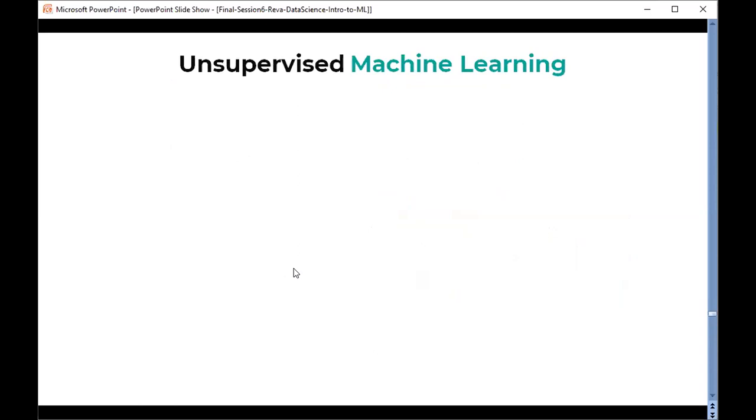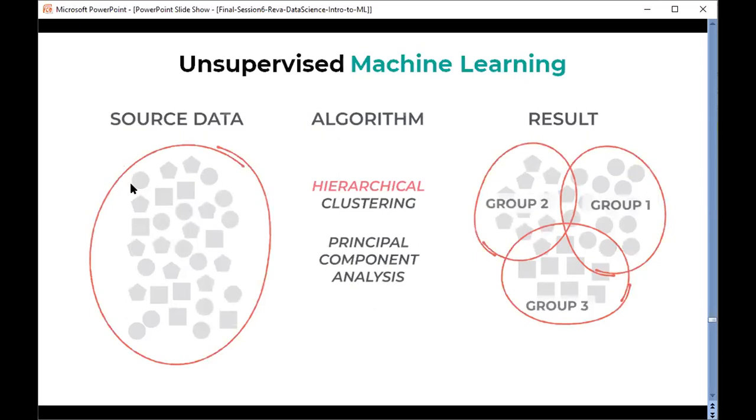So now let's get a better overview of unsupervised machine learning. For example, here we have a data set, the source data, with samples that have different shapes. In our case, these combinations of shapes could be different cell types. To understand the content of this source data, we can use some kind of machine learning algorithm where we can define the relationship by understanding the characteristics of our data.